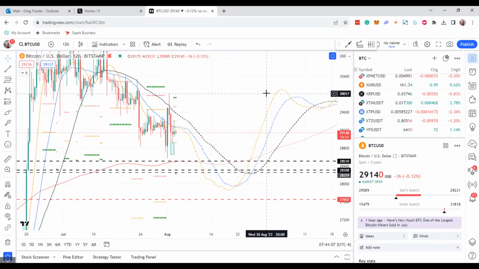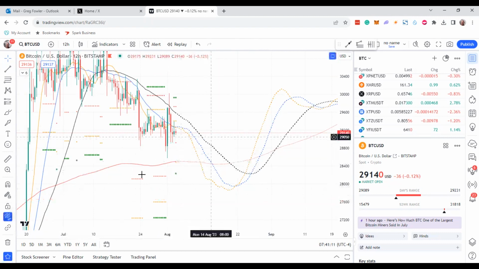All right, guys. So like I said, right here, since you can't really see them, let me turn everything off. You see these algos right here. There's one there. There's one there. There's one there. There's one there. There. Okay. So that's telling me it's going sideways.